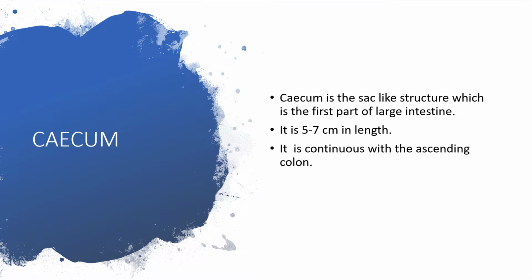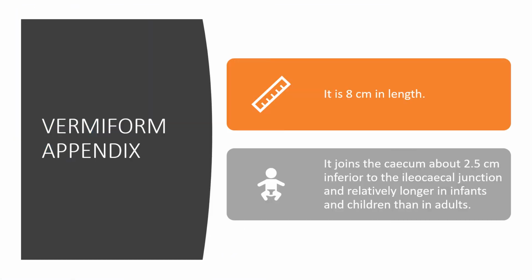Cecum is the sac-like structure which is the first part of large intestine. It is 5 to 7 centimeter length. It is continuous with the ascending colon. Vermiform appendix, it is 8 centimeter in length. It joins the cecum about 2.5 centimeter inferior to the ileocecal junction and is relatively longer in infants and children than